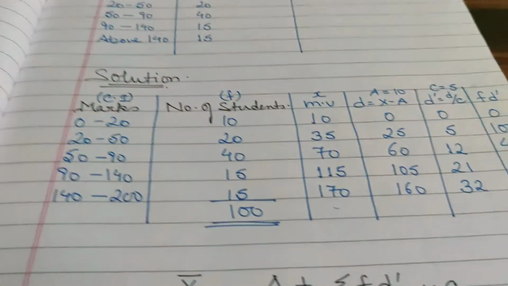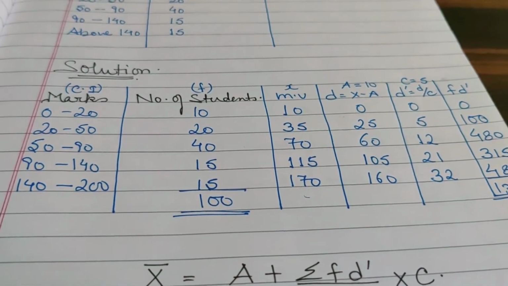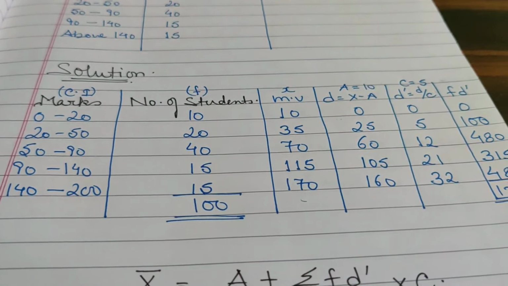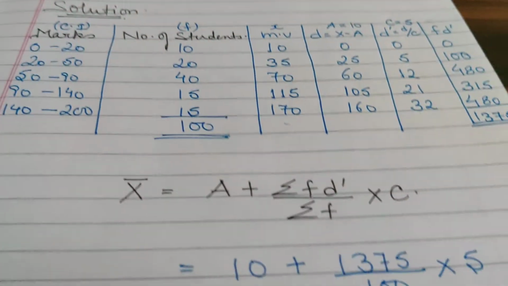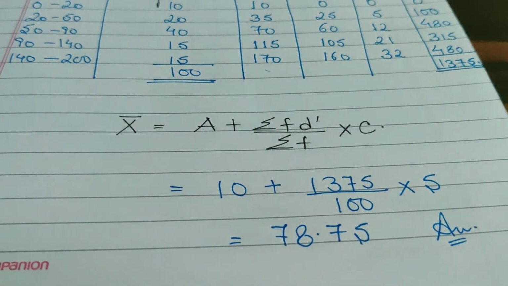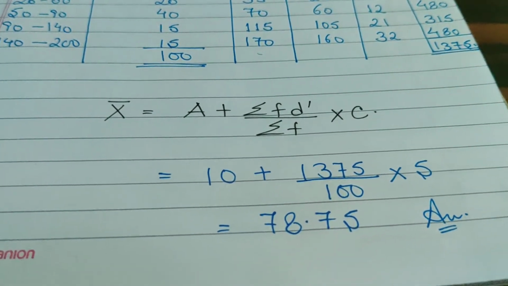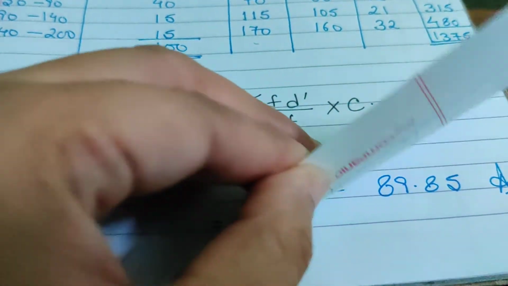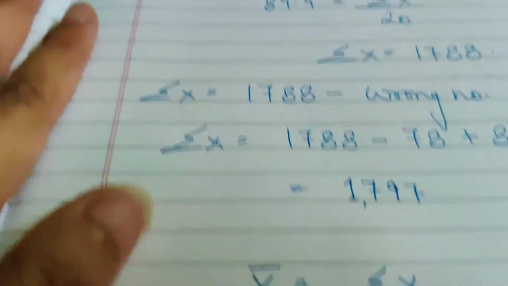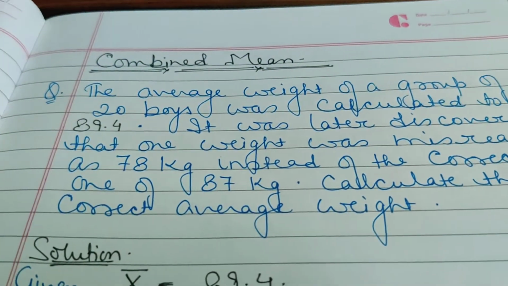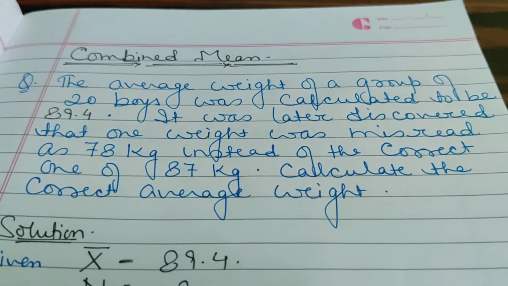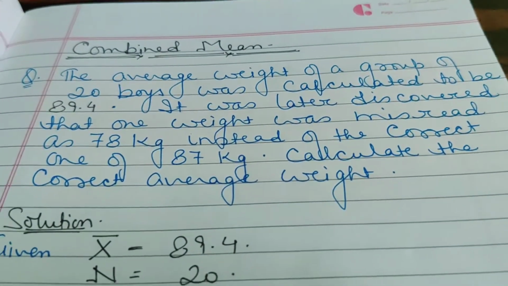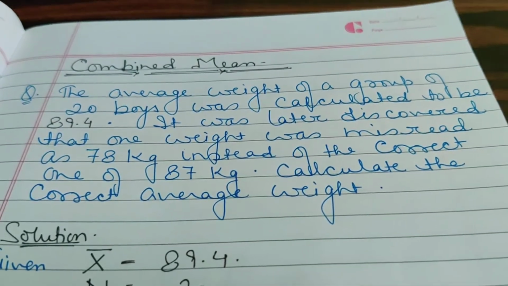Frequencies are given, children. Again we will find the mid values. We will find d dash, and by applying the step deviation method, the answer can be calculated. You can apply any of the methods, whether it is the step deviation method or the direct method or your shortcut method, right? Now children, the third type of questions are